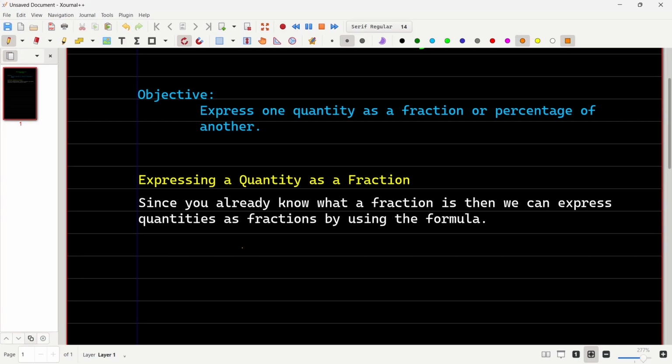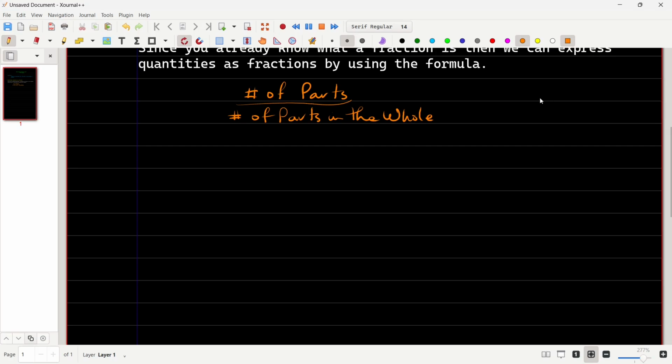Let's say the formula is as follows. Let's use orange. The formula is number of parts over number of parts in the whole. All right. So let's say, for example, you know what? Let me just write this as a text instead. So let's say, for example,